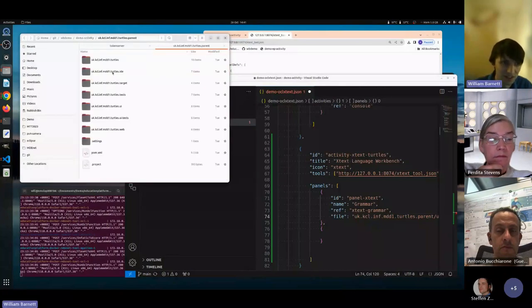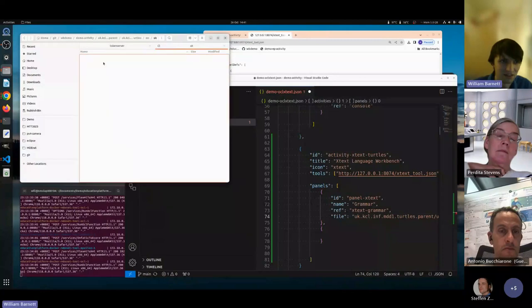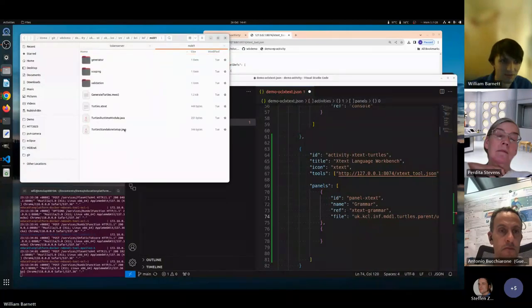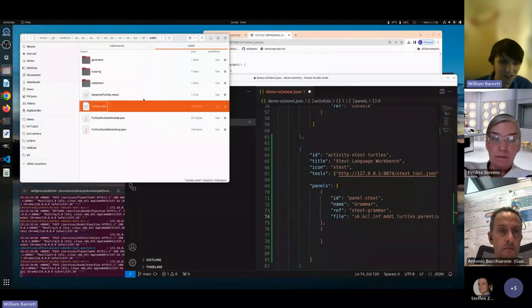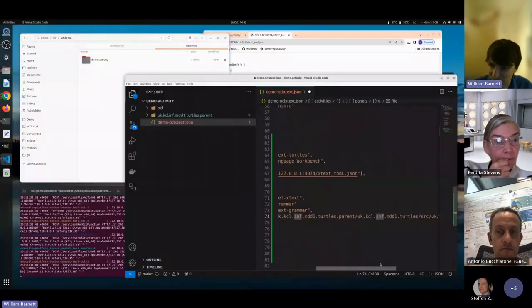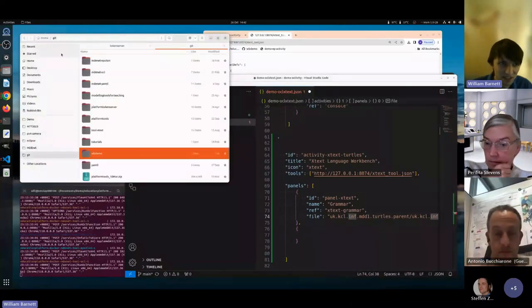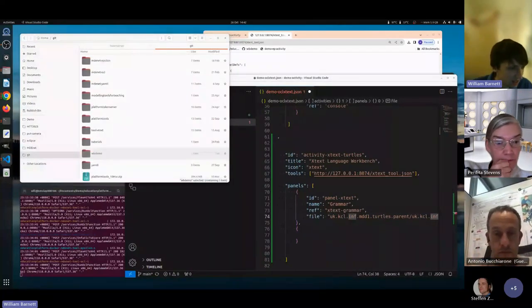Of the parent directory with all these sub-projects in, and in the turtles, you have the Xtext grammar. Yeah, it's quite nested down, so you've got a long path name here, but it refers to the grammar file. It's in the Xtext project, and additionally,